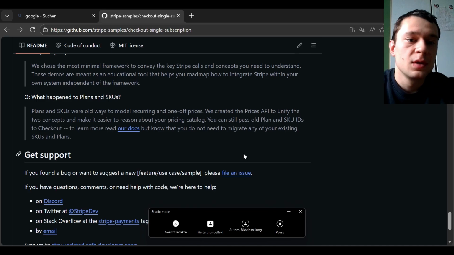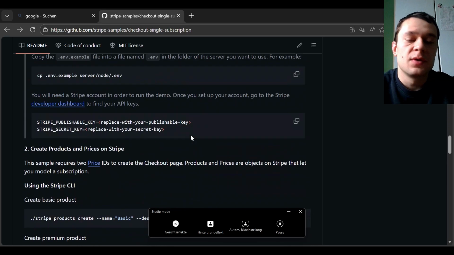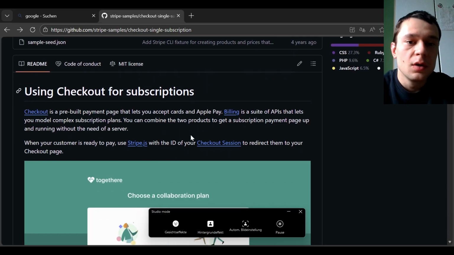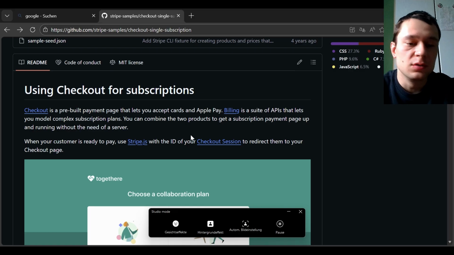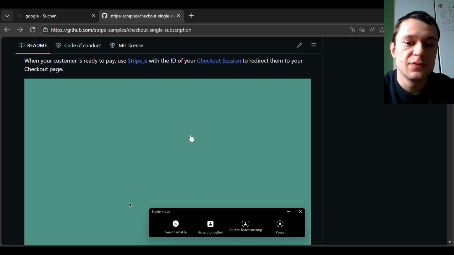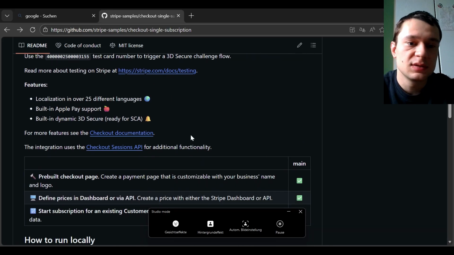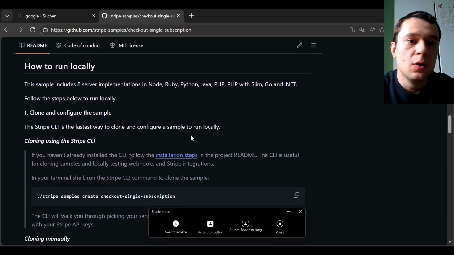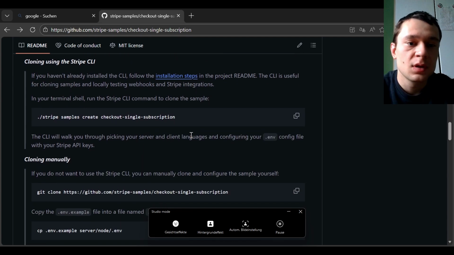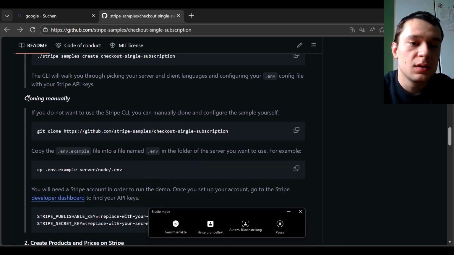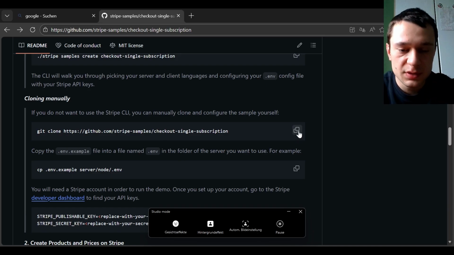Okay, so we're getting back to the Stripe software service. You actually just need to follow along the user manual they've written. It's a README. Let's start with the first steps, how to run it locally. Well, let's use Git to clone it manually. So we just copy this command